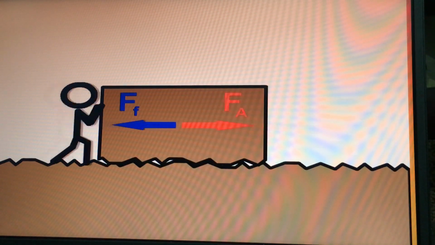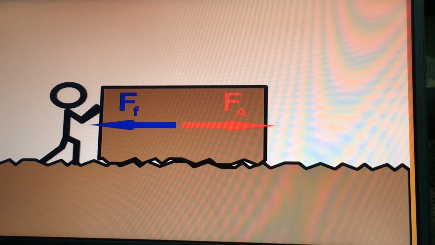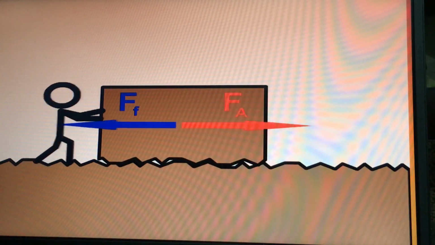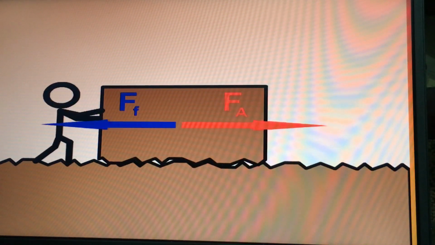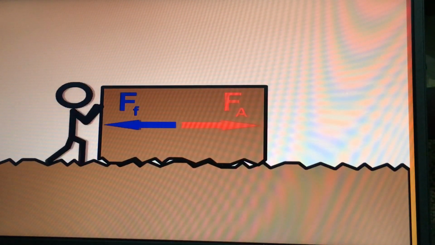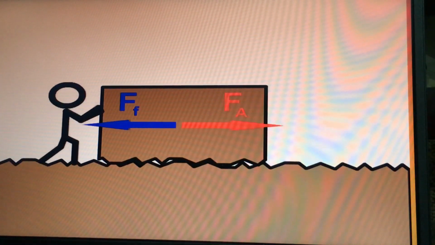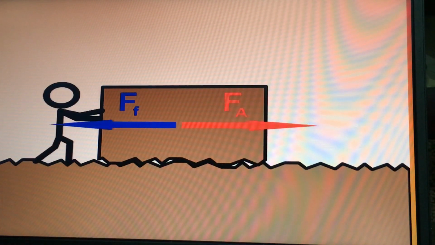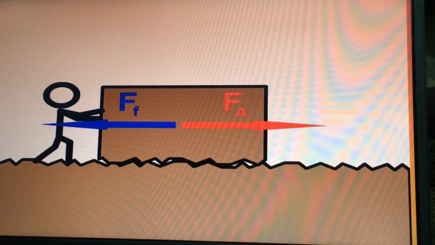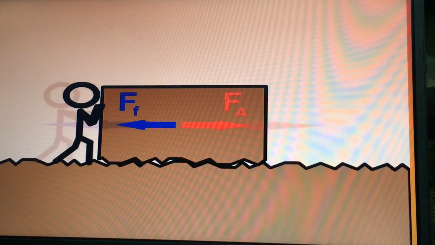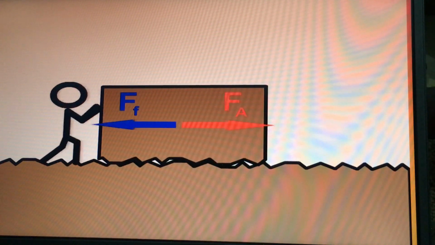Students, if you can recall this picture, here you can see FA and FF. FA stands for applied force, and FF stands for force of friction, right? So if you remember, in friction part 1 you have studied that friction is an opposing force, which is clearly depicted in this figure: a man is pushing a box in the forward direction, whereas the force of friction is acting in the opposite direction. And it happens with us every day when we do so many activities, right?